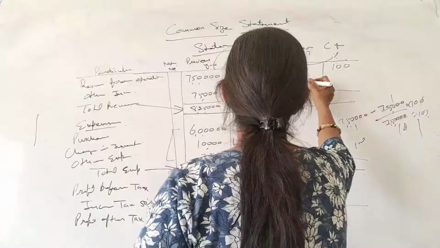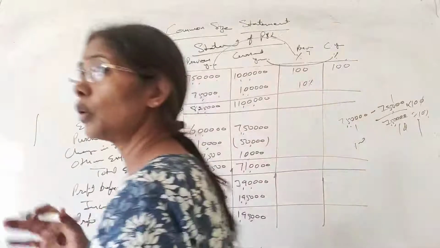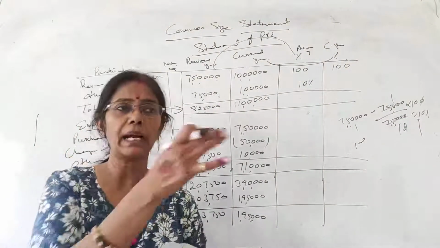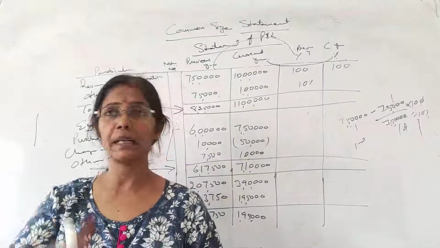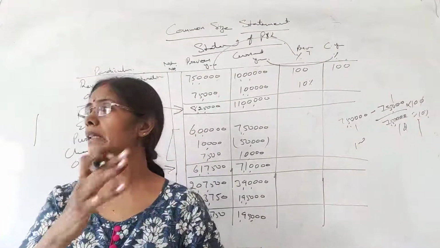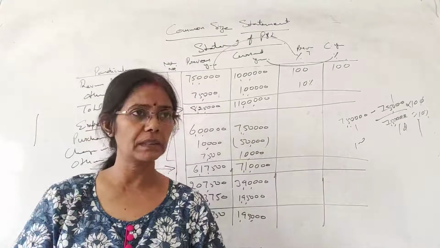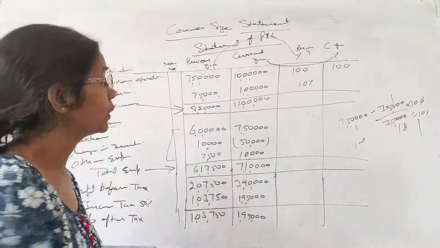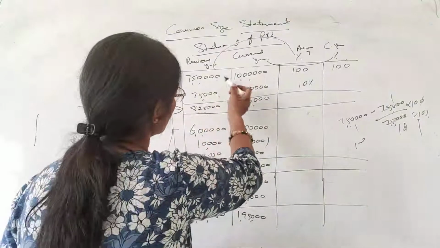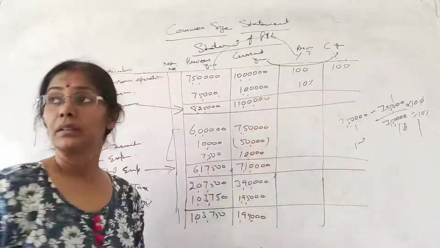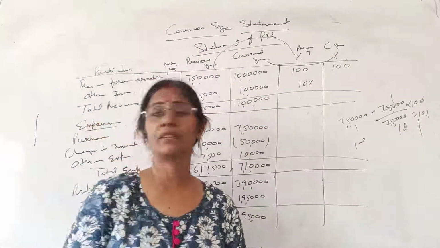It's 10%. So there is no change in the mechanism from what we have done in the morning. The format was of the statement of P&L, and that was of the balance sheet. The method of calculating the percentage is absolutely the same. So here you will be calculating, this is 10 lakh and 1 lakh. Right? So this is also quite visible, 10%.